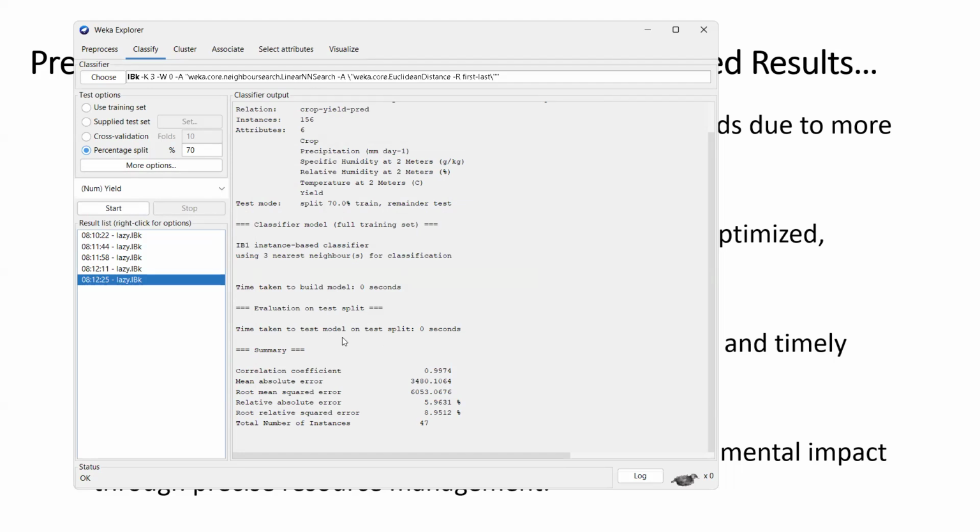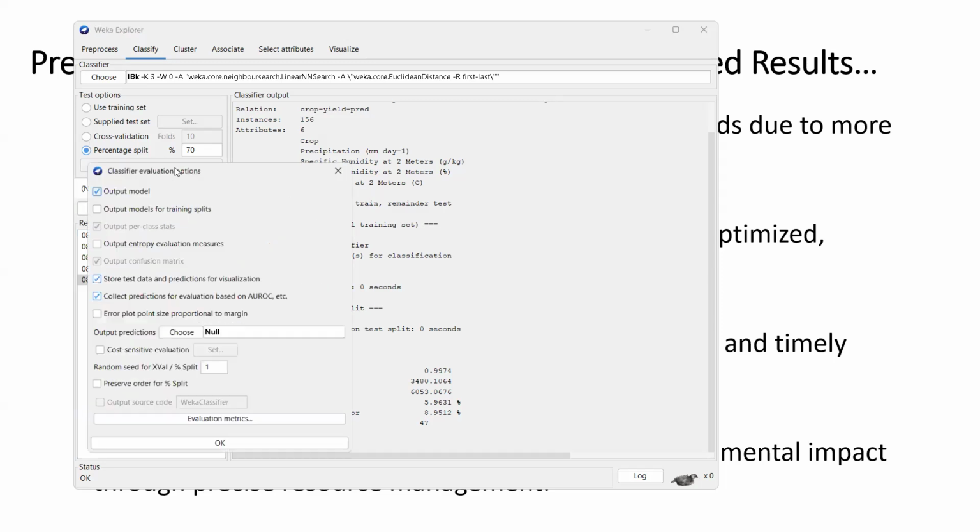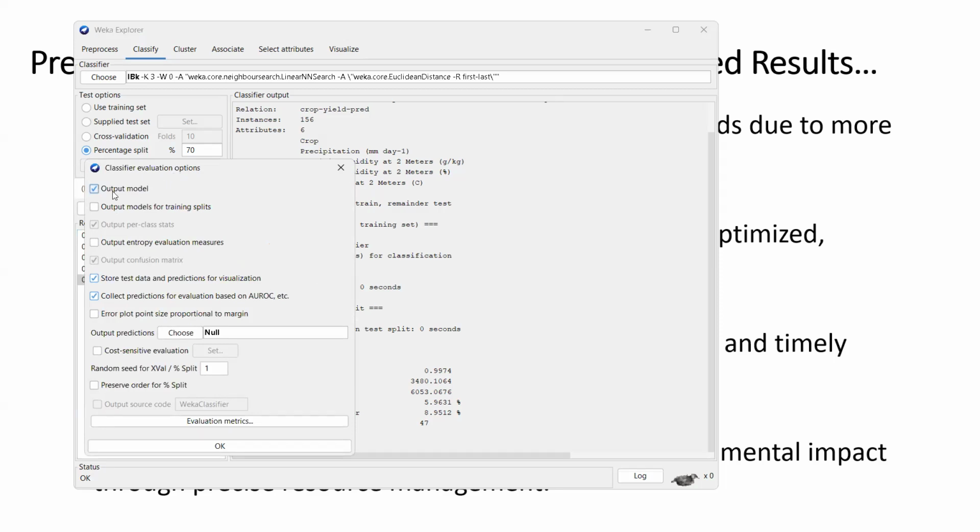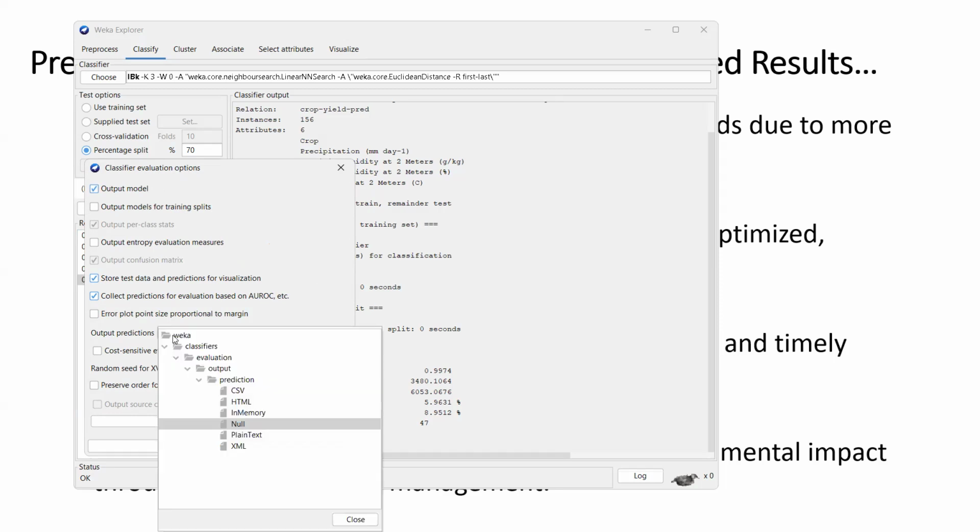So this is a model. Then you take out this. What you can do to really appreciate what you have done is try to see what the actual prediction is. Where are the values? Then you can go in here. You can see, I want to see my output predictions. I want to do the actual prediction. It's null. Null means don't show me. I don't need it. You now choose how you want to see it.